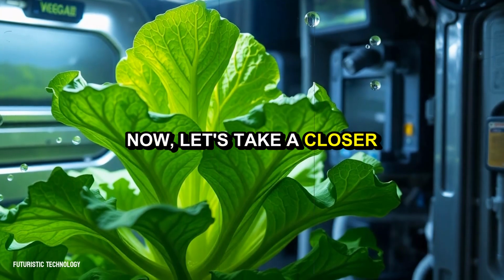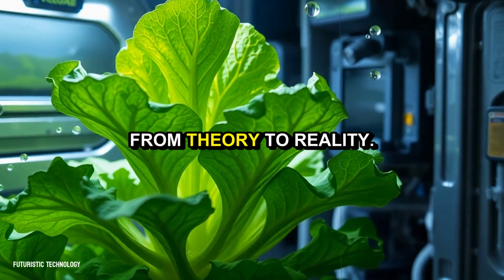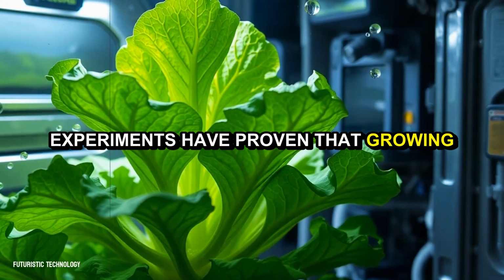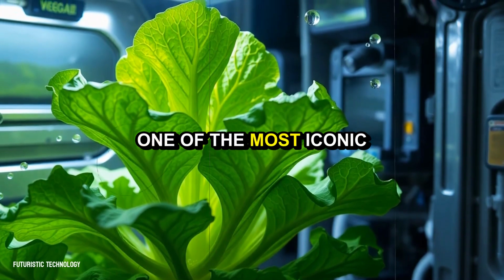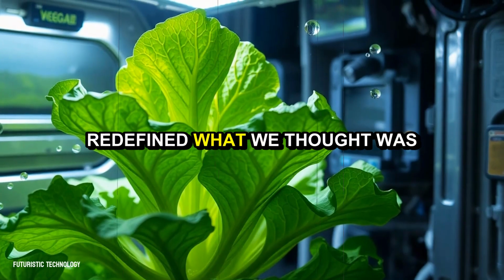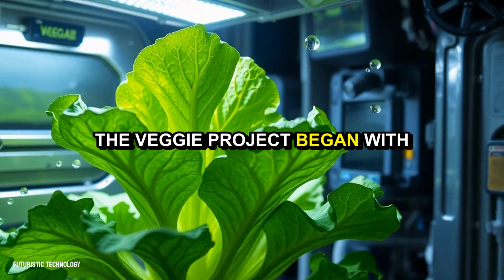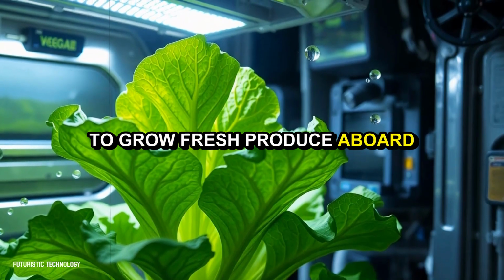Now, let's take a closer look at the real-world successes that have brought galactic farming from theory to reality. Over the past decade, groundbreaking experiments have proven that growing food in space isn't just possible, it's thriving. One of the most iconic examples is NASA's Veggie project, a mission that has redefined what we thought was achievable in extraterrestrial agriculture. The Veggie project began with a simple yet ambitious goal: to grow fresh produce aboard the International